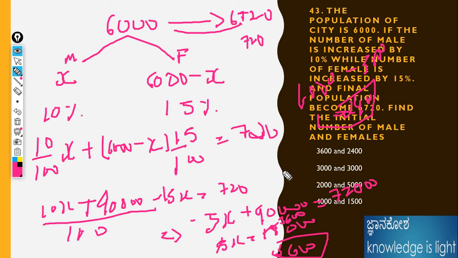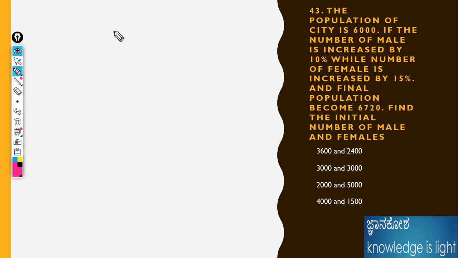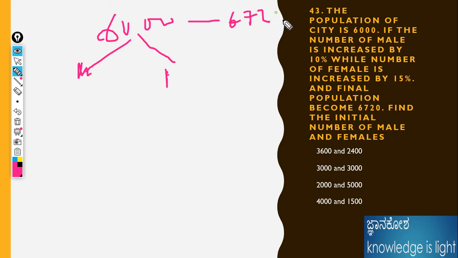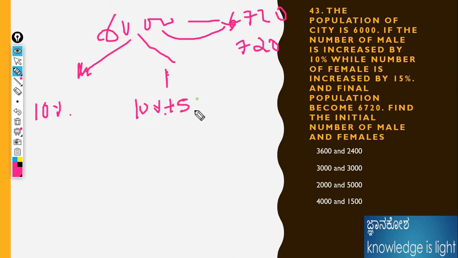See, let's find. I will tell the shortcuts helpful for this commerce. So, okay, fine. 6,000 is present. For the minimum male and female, the final value should be 6,720, isn't it? The difference between these, the increase, is 720. Just I am making a shortcut on 10%. 15% I would maintain as 10% and 5%. The minimum value is the 10% for both values. 10% of 6,000. Understand?